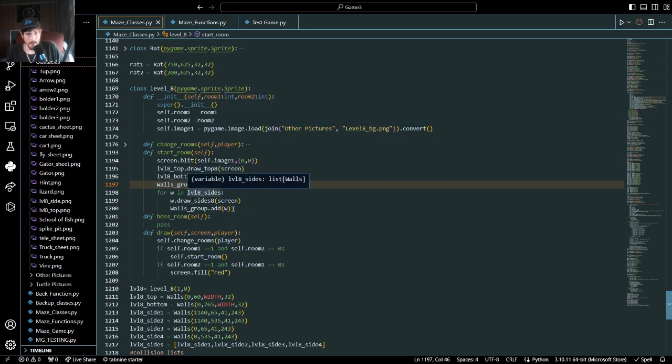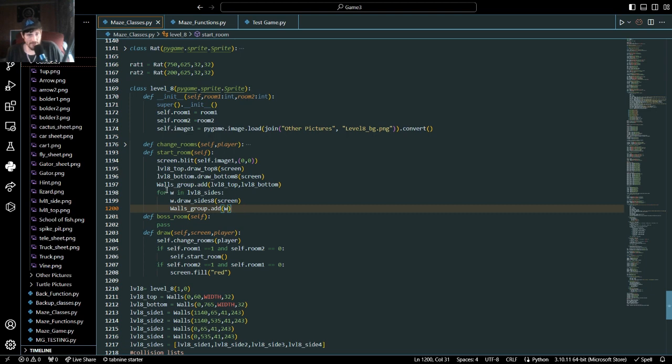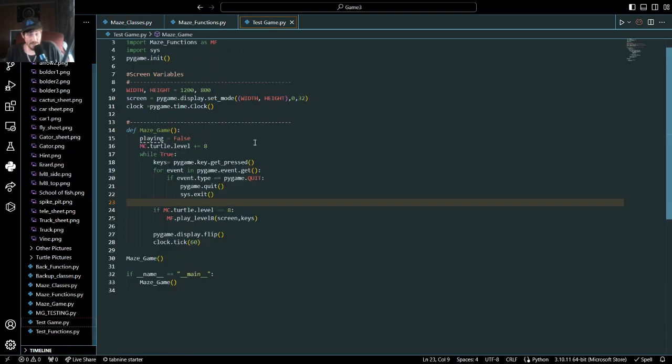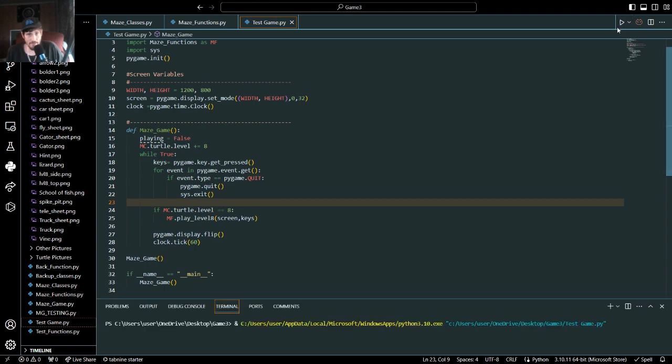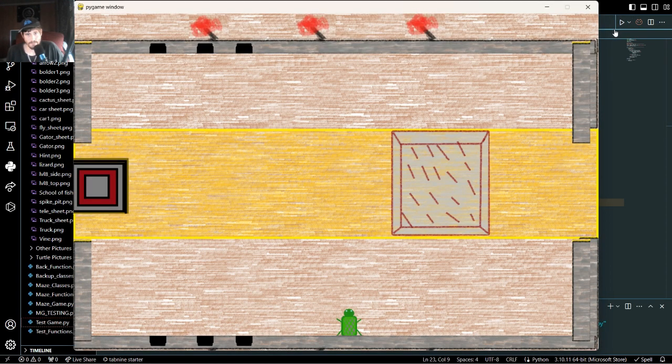So now with all of this on the screen, we should be able to test our game, and the walls should now be there and have collision. So there it is. Our walls are indeed there. They have collision. They're off a little bit,